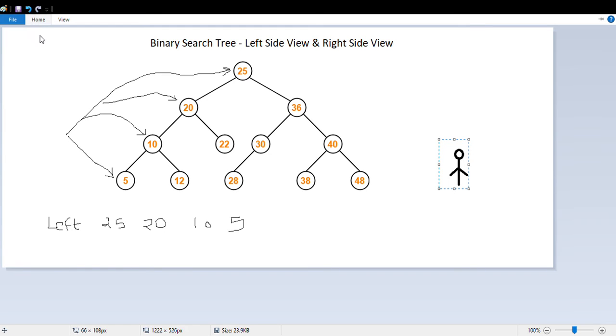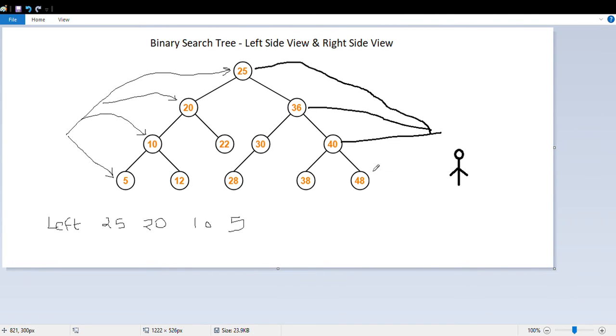If you are standing on the other side of the tree, you will see first 25, then 36, then 40, and 48. So from root to leaf, you will see 25, 36, 40, and 48 when you are standing on the right side.